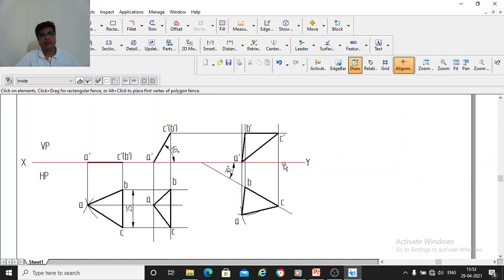So this is the XY line, this is the vertical plane, this is the horizontal plane. So initial front view and top view, the conditions, plane is inclined to HP, it is satisfied here, and the edge is inclined to VP, is satisfied here. So top view you have drawn, from that front view you got. In the second stage, from this front view you will get the top view, and in the third stage this top view you are getting, you are redrawing it here. And once you get the top view, you can get the front view from these two, front view and top view. So this is a new front view. So this completes the solution to this problem.